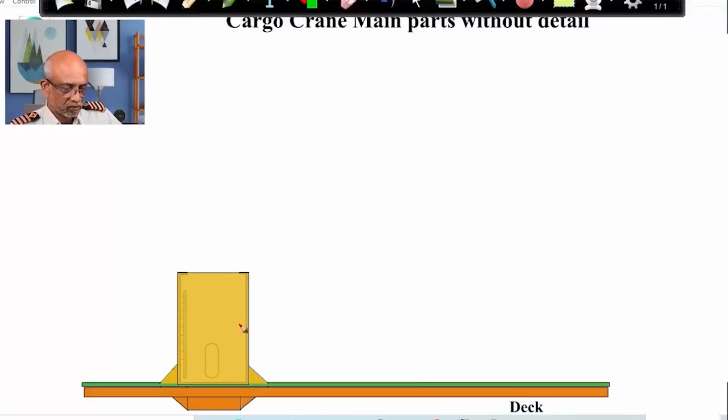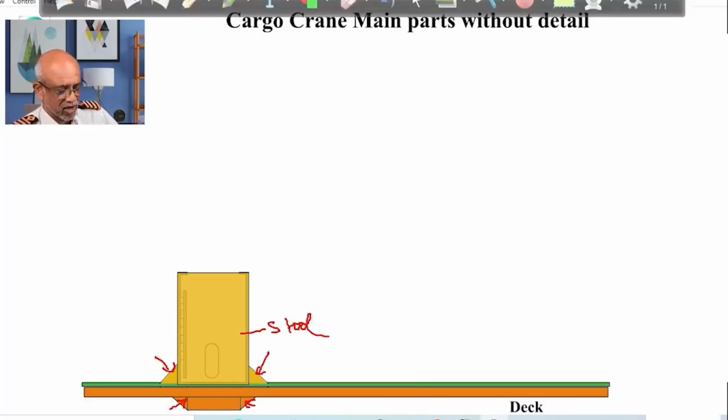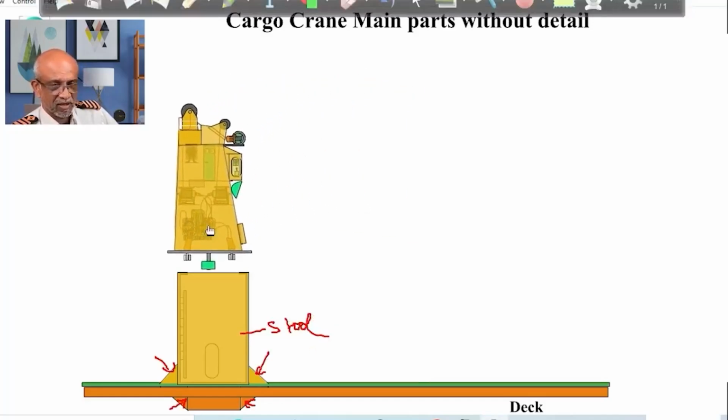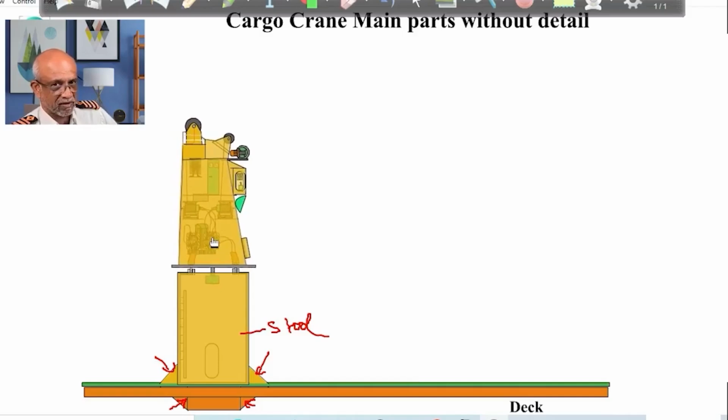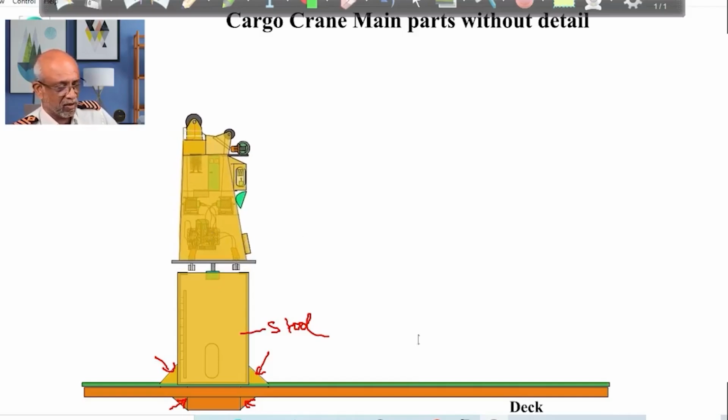So now we are going to see the common parts of a crane. You also can see whether these structures are in place, because if these structures are thinned down or rusted and thin, the whole crane is going to fall on somebody's head, right? Okay, this is the stool. So now next,